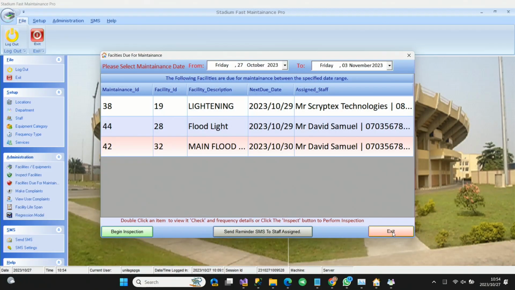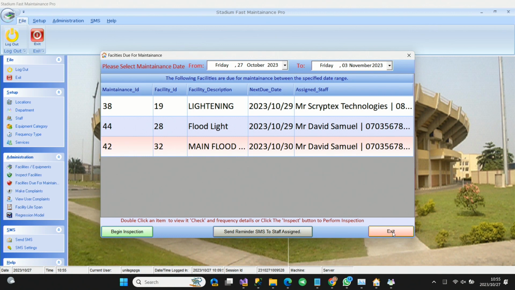At the stadium, for example, you see that there are so many sections that not every section needs maintenance. So what the software does is to enable you to set up the different locations you have in your building or facility, like this place, for example, and then you can set up the equipment that you have in each of those locations and the maintenance operations that are required to be performed on those equipment or